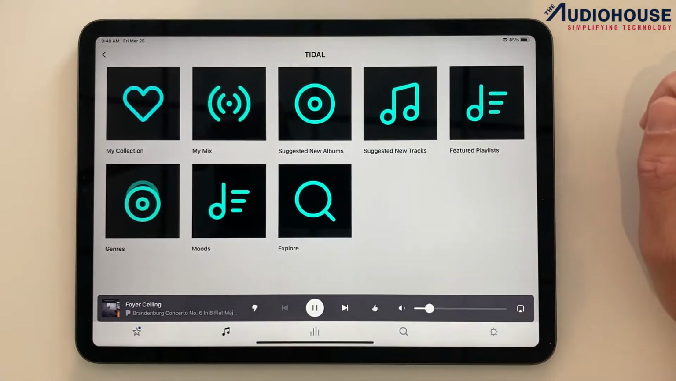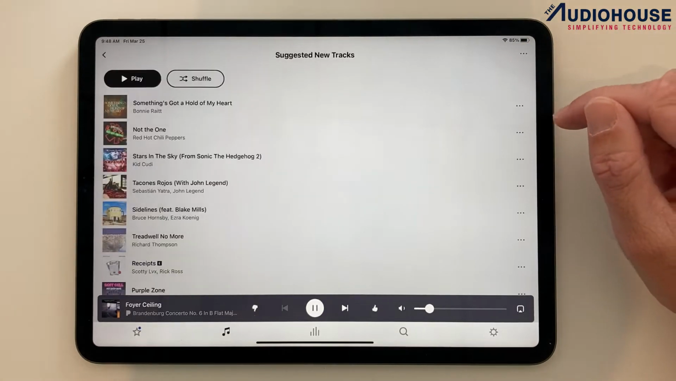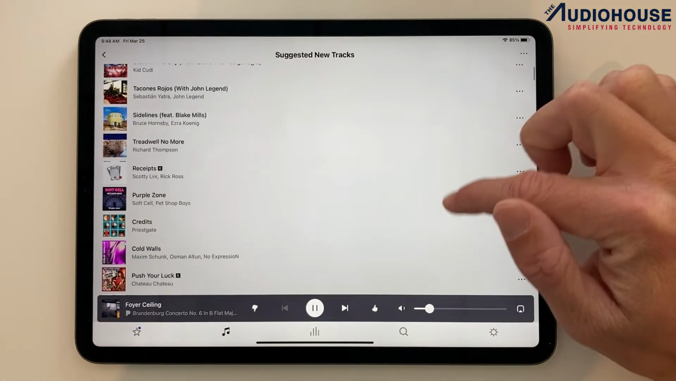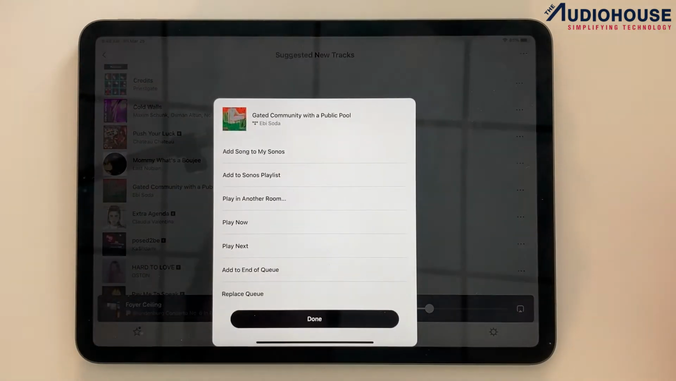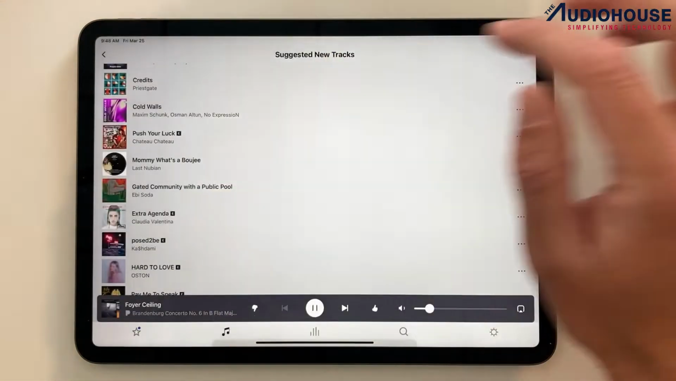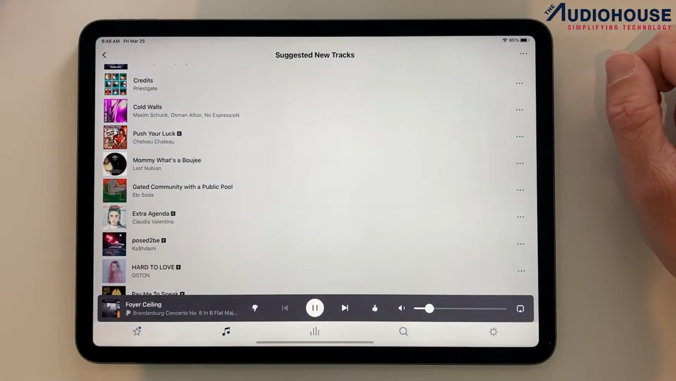So here I'm just going to go into Title to choose a piece of content to add. I'm just going to hit New Tracks. So here you see all these new tracks, and if you hit these three little dots on the right side, this menu will pop up, and here at the top you'll see Add Song to My Sonos. So when you hit that, it'll say whatever piece of content added to My Sonos, and that's how you know